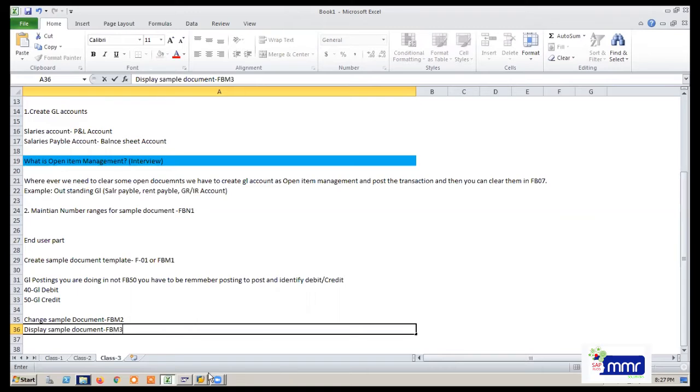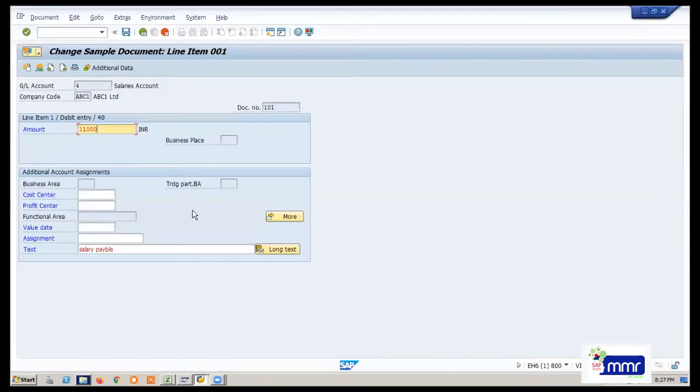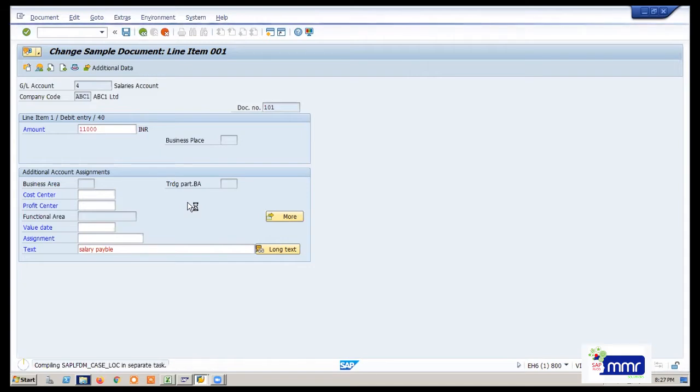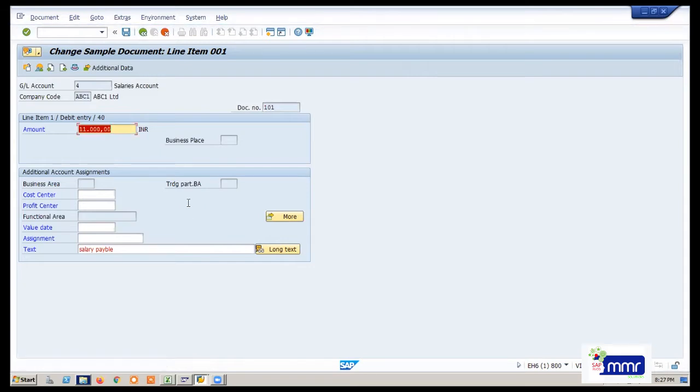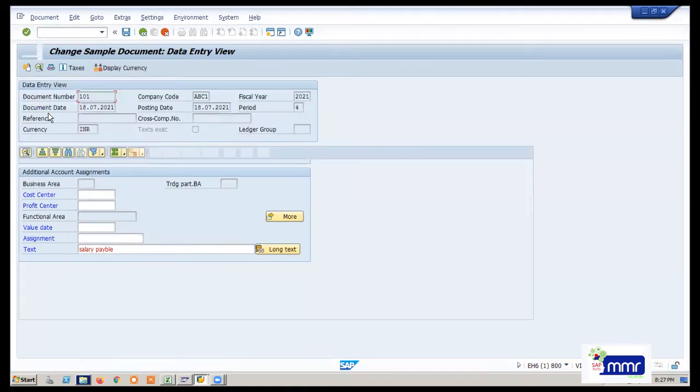So we will change something and we can see how it is updated. Okay, I'm changing 11,000. Enter. You have to change the line item 2 also, because debit and credit should match. It should be equal. So here also we can change 11,000 and enter, and go on document overview.